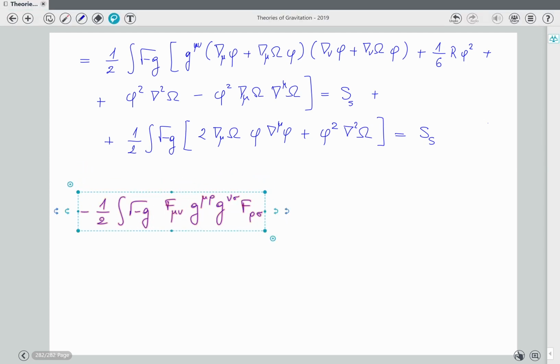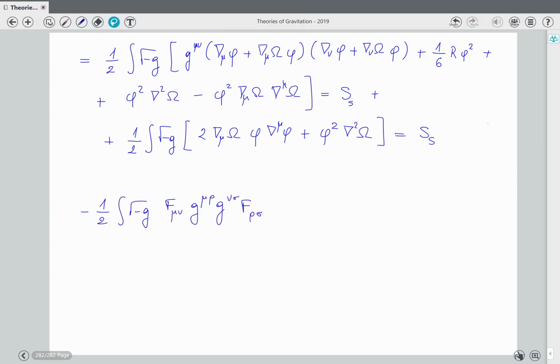This is the action. And we know that the stress tensor T mu nu is equal to twice